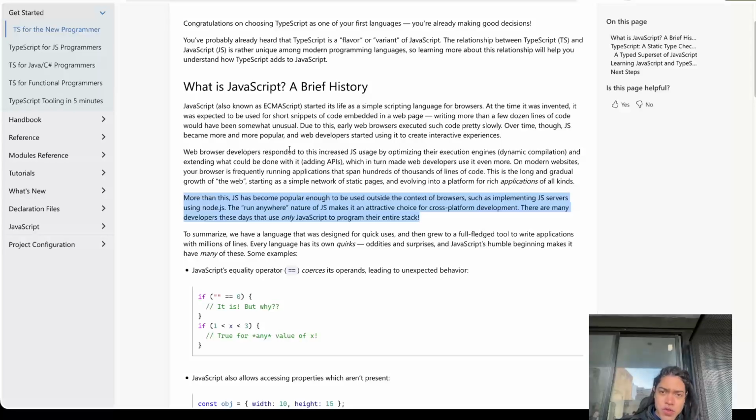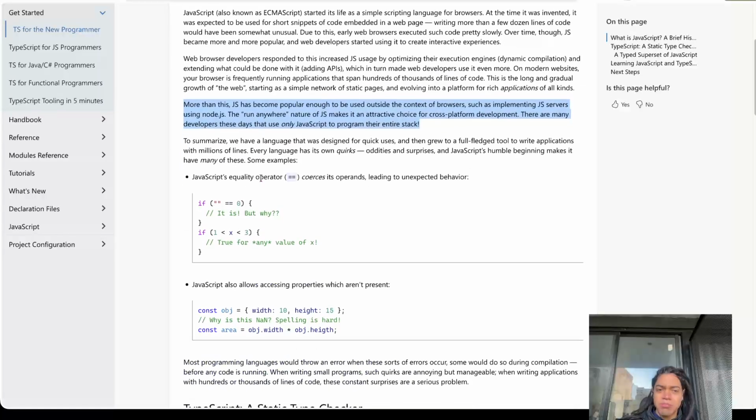This has become useful because you only have to know one language to execute all of these programs. Okay. So to summarize, we have a language that was designed for quick uses and then grew to